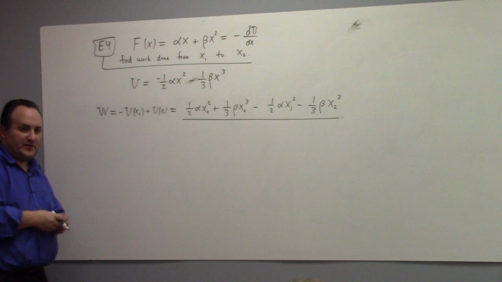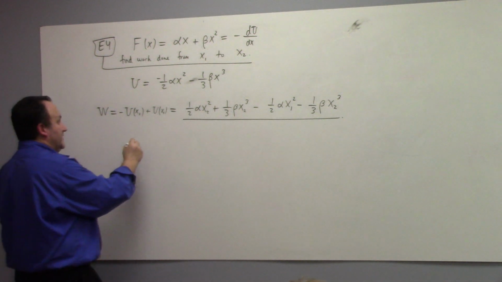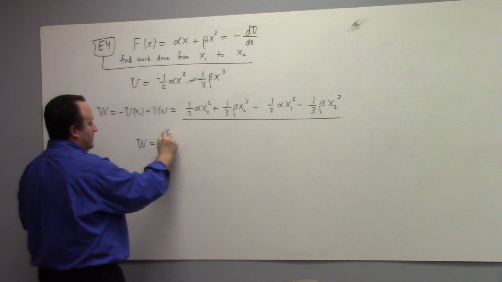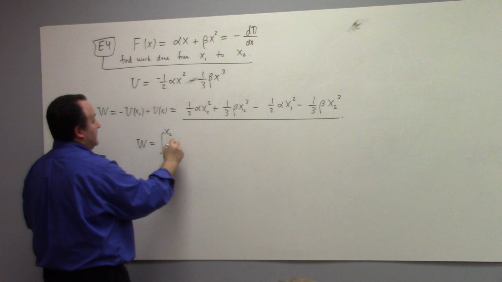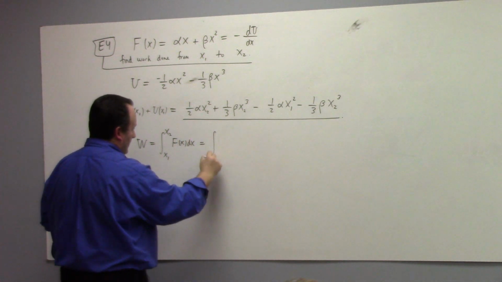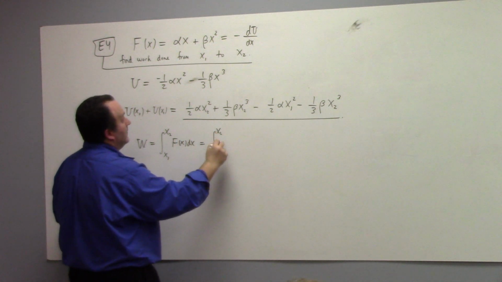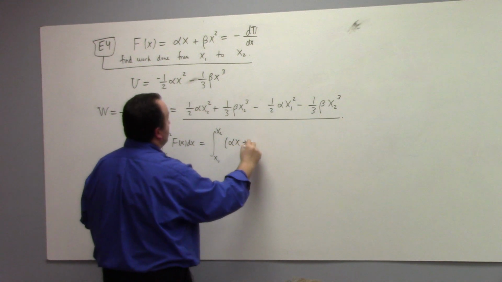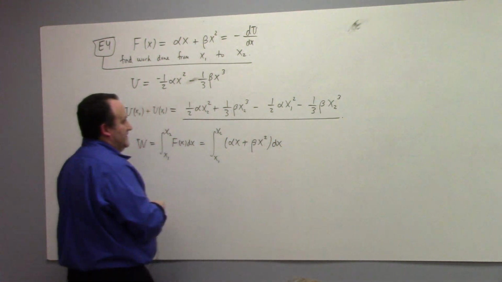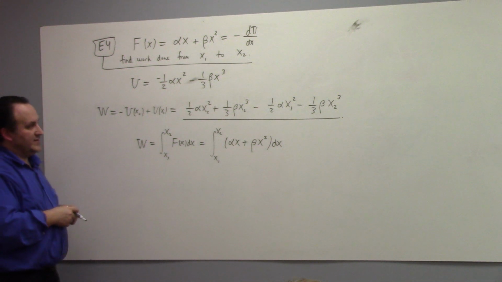Alternatively, we could just have integrated, right? To calculate the work done here, we integrate from x1 to x2 of F of x dx, which would have been what? Alpha x plus beta x squared dx. And it's not hard to see that that would give us, oh,